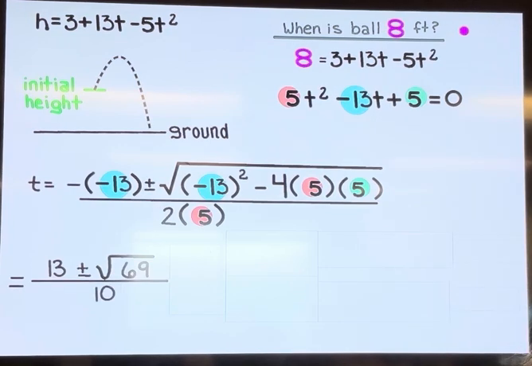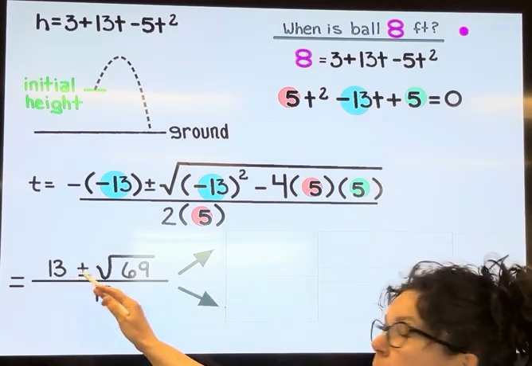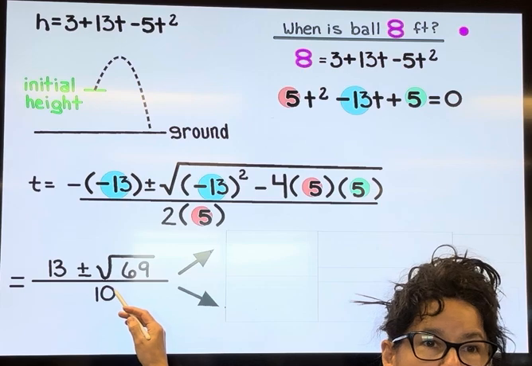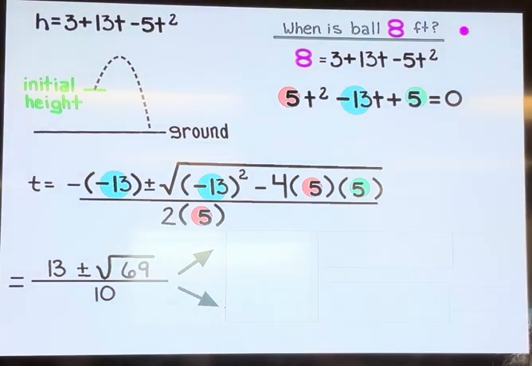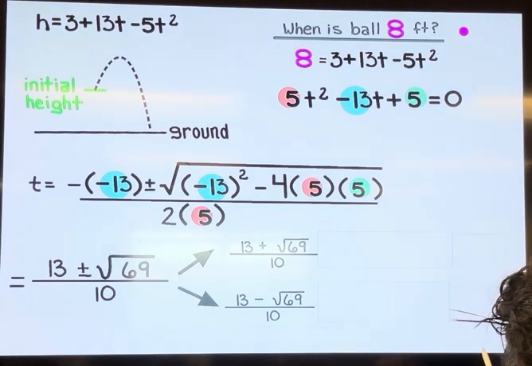So we end up with 2 separate equations to solve. We have (13 plus the square root of 69) over 10, and (13 minus the square root of 69) over 10. So 2 separate ones that we want to enter. When you're using your calculator,